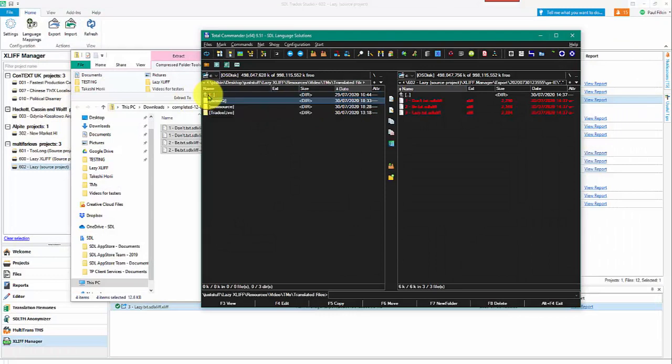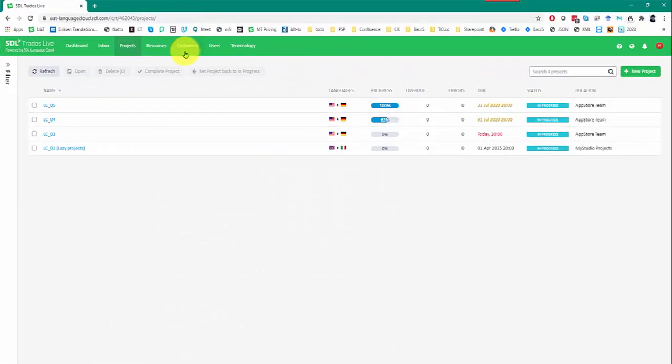So the last one we need to do, I'm going to use Trados Live. So a quick preview the week before we're about to release, just to take a look at how I might be able to do this in Trados Live. So just like the others, I've prepared my project already. So I've got a project over here